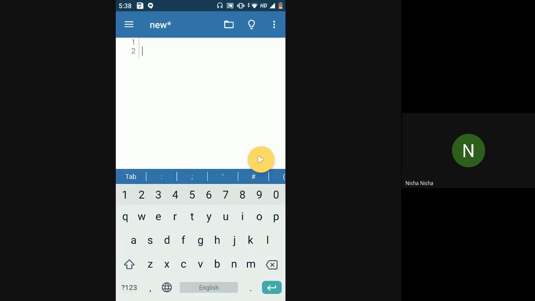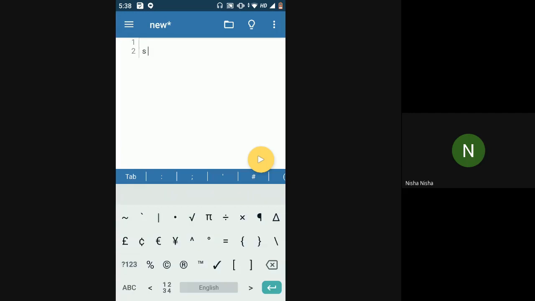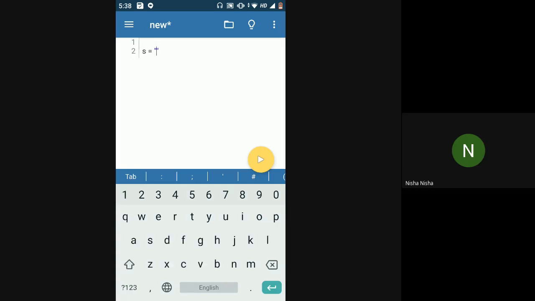All I can tell right now is that if you're trying to initialize a variable with a string, this is how you do it. I can write, this is a string. So this is basically a sentence, right?